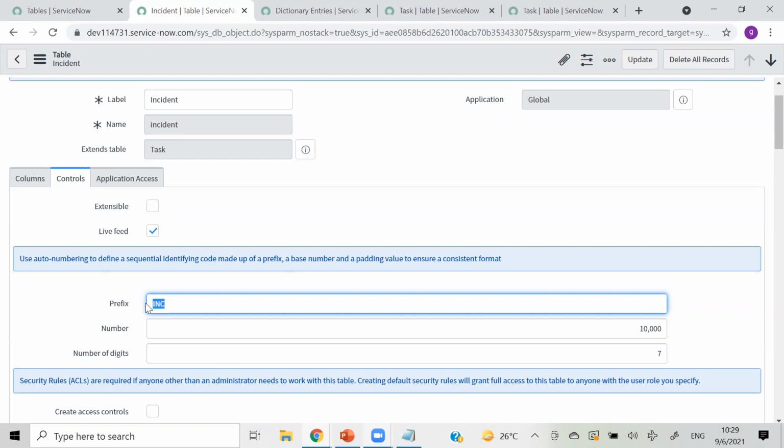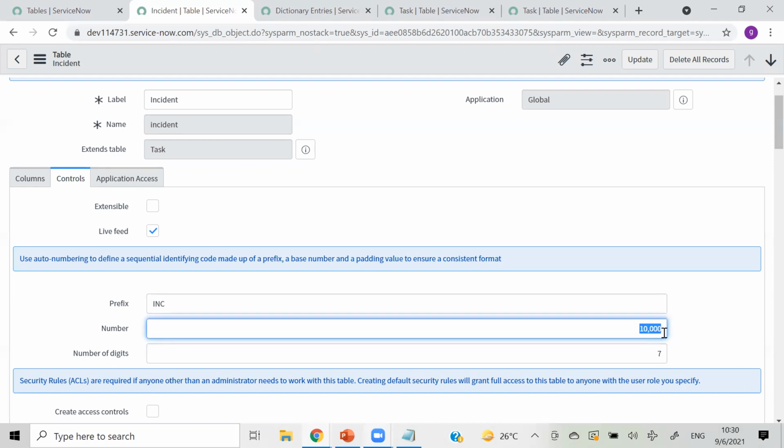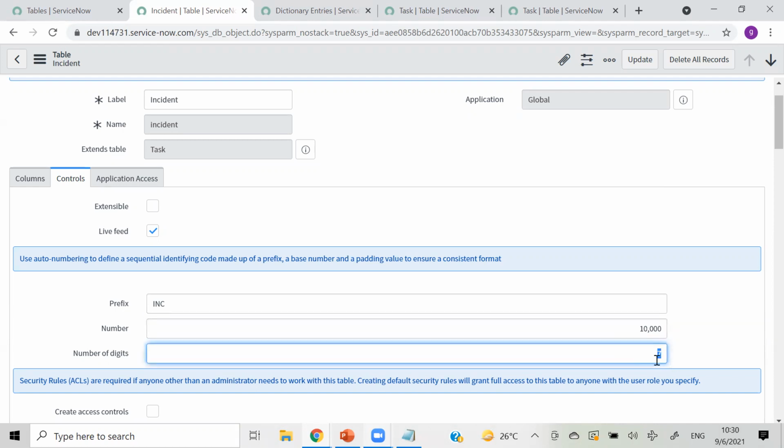Okay, so clear. And yesterday I told you that there are tickets which start with the prefix INC for incident. So here is the option where you can give any prefix. If you create any table, you can give a prefix of your wish. Like if I want to create a table and give Gautam as prefix, all the tickets of that table will start with Gautam. And here is the number from where you want to start. Mostly in real time we want a big number, so we will give 10,000. Ticket numbers will start from 10,000, like 10,001, 10,002, 10,003. And then the number of digits, which will be 7.